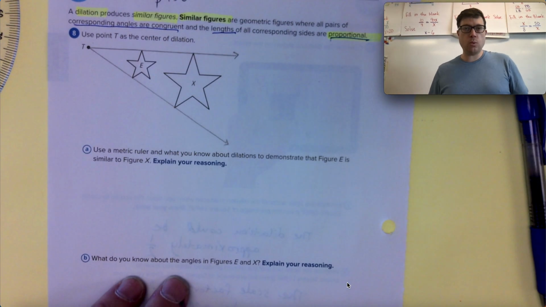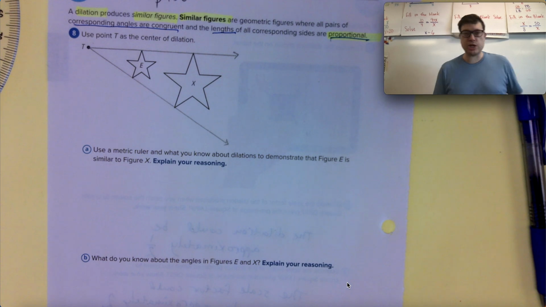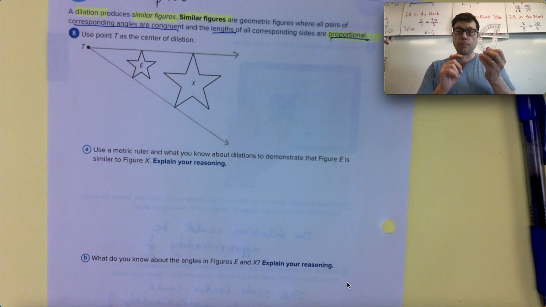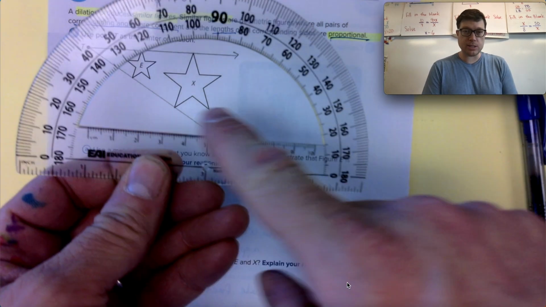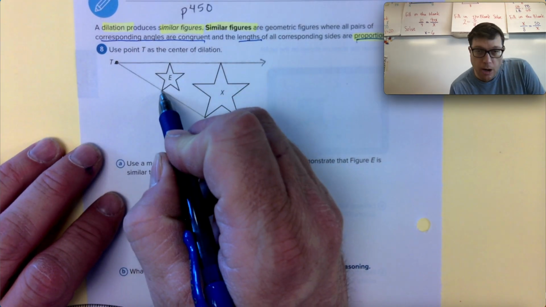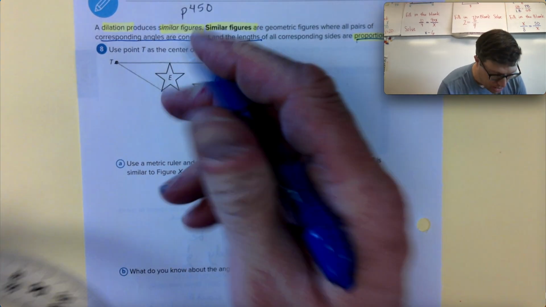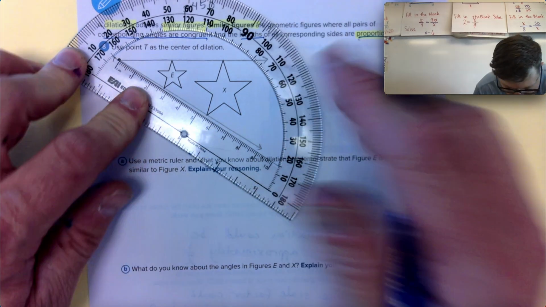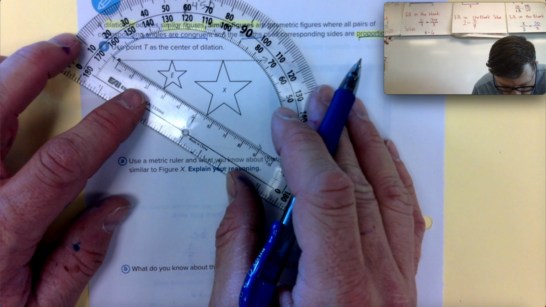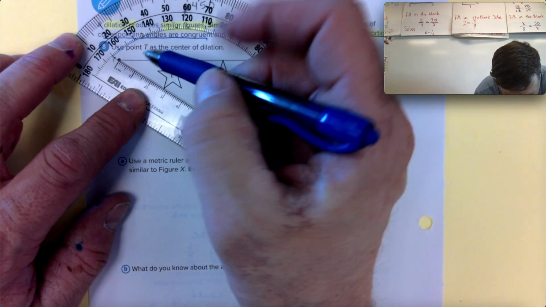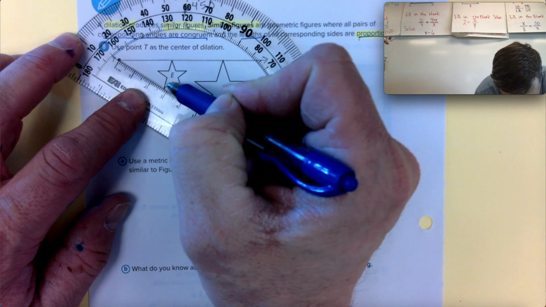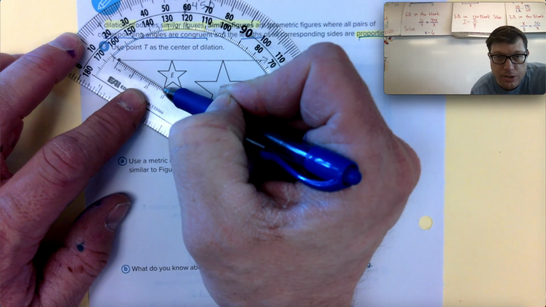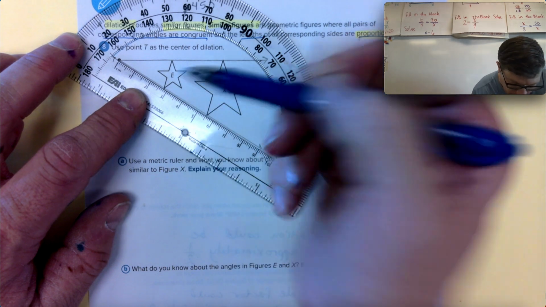However, we don't always want to use that resource as our way to justify. We want some other mathematical, numerical explanations. Here's one. Take your protractor, which has centimeter measurements on the edge, and let's measure the distance from T to this part of the star on star E. I'm going to use centimeters, but I'm also acknowledging that when you measure like this, what we're first measuring is in millimeters, and then we're going to divide by 10. So I have 10, 20, 25, 26, 27. I have 28 millimeters on my protractor, and I'm going to write that as